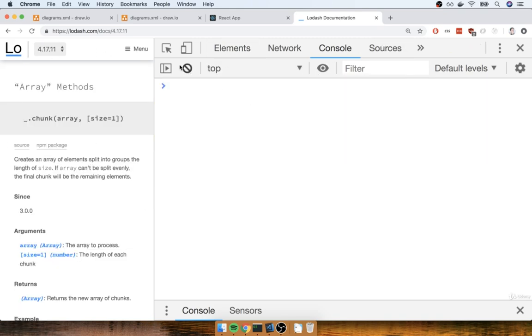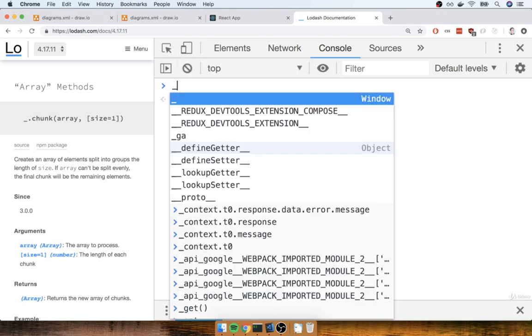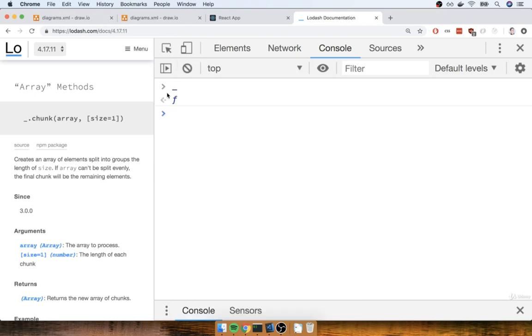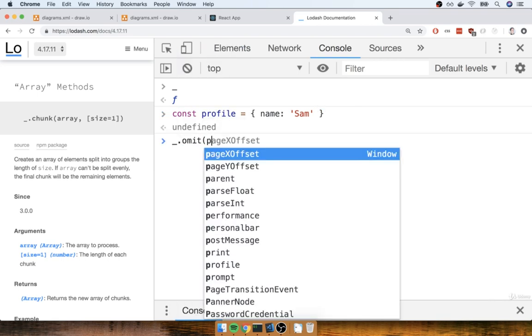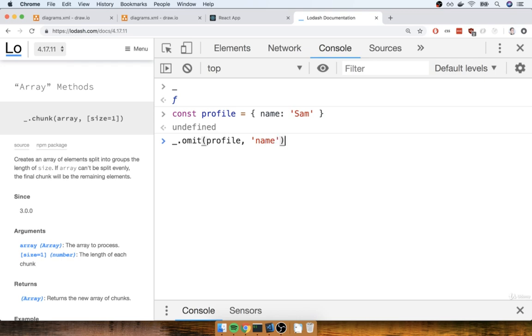When I open up the console at the Lodash page, they have very helpfully assigned the Lodash library in the console to the value of underscore. And so you can only write the code I'm about to write on the Lodash documentation page. So if I created a profile over here and said name of Sam, I could then call underscore.omit, pass in my profile, and say that I want to remove the property name from that profile. And you'll see that now I get back an object that does not have name inside of it. But I can still reference the original profile, and I see that the original one still has that key value pair. And so omit is not going to mutate that object. It's going to create a new object without the name property.